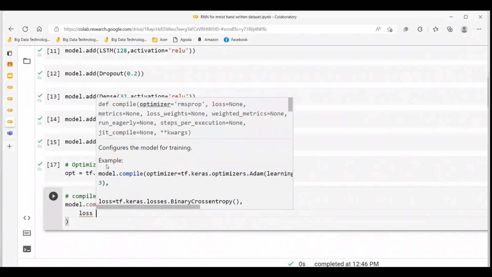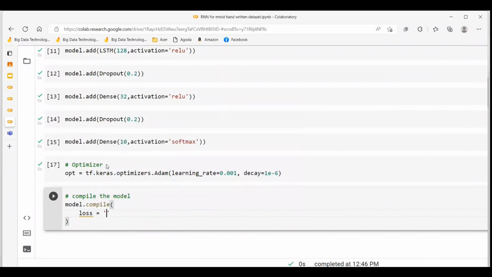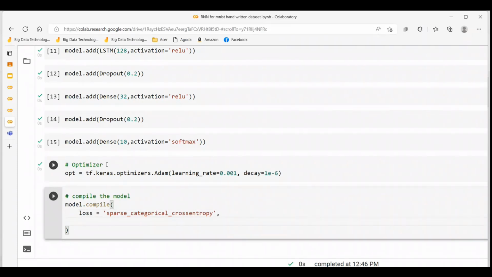So loss is equal to sparse categorical cross entropy. Here we are using sparse categorical cross entropy, and for the optimizer we are using opt,